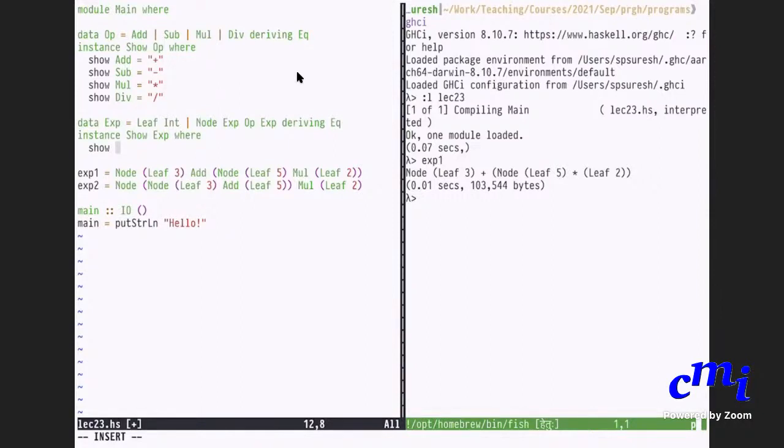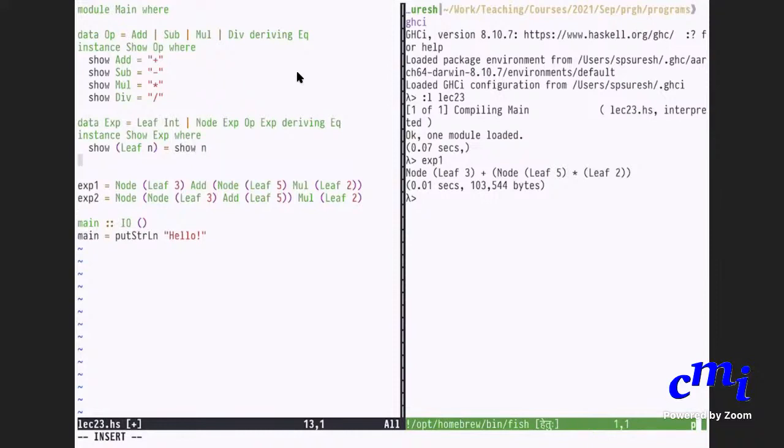Right. So I will follow a very naive scheme. Again pattern matching. So show of leaf n, what should I print out? In case it is just a leaf? N. And how do you say that? I need to show, remember, converts data value to a string. So show n. Very nice, because integer itself has its own show function, right? So just say show n. That will convert an integer to string.